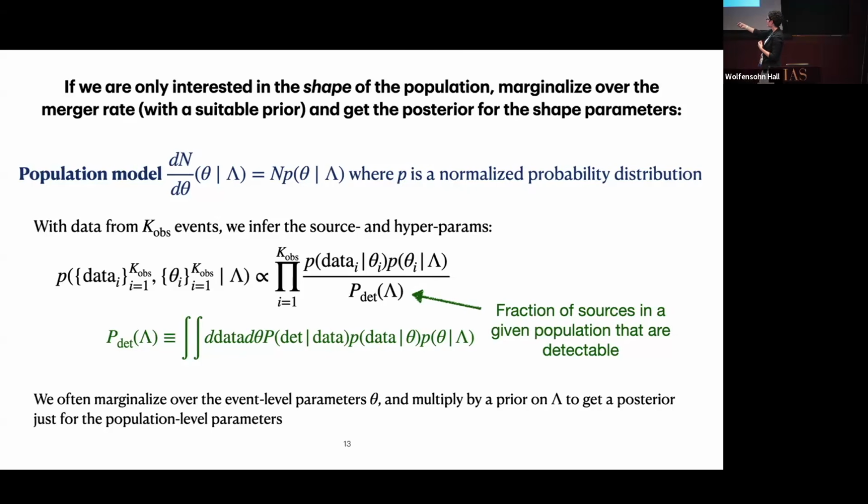And again, here I've just been showing the joint probability for data and theta. If you want your likelihood on lambda, that's just going to look like p(data | lambda), where you would marginalize over theta. And then if you want your posterior on lambda, you would just multiply your likelihood by a prior. So hopefully that makes sense. I am happy to chat more about this at any point and walk through the math in more detail, and the derivations for the inhomogeneous Poisson process likelihood, and have some practical examples also.